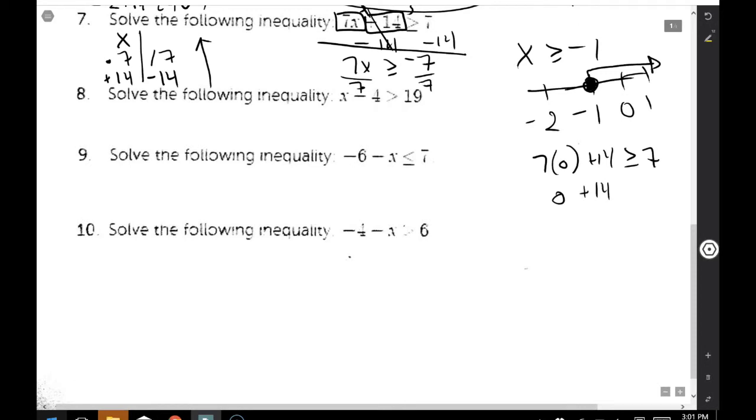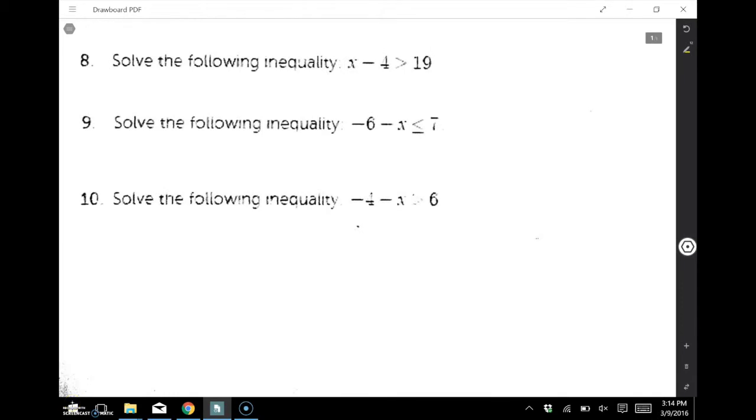0 plus 14 is greater than or equal to 7. And already you can tell that 14 is greater than or equal to 7. That is a true statement. Alright guys, so continuing on here, the next one, I have x take away 4 is